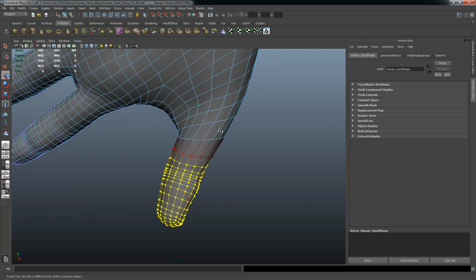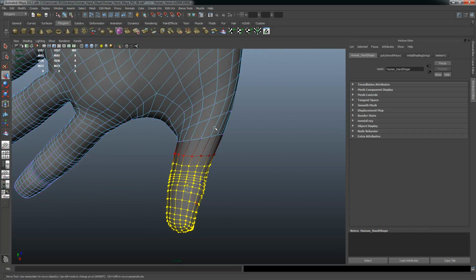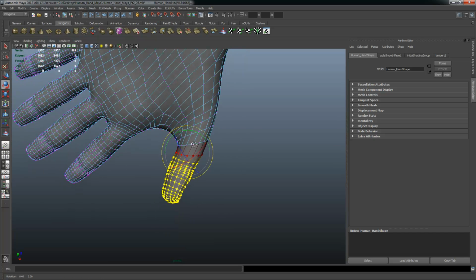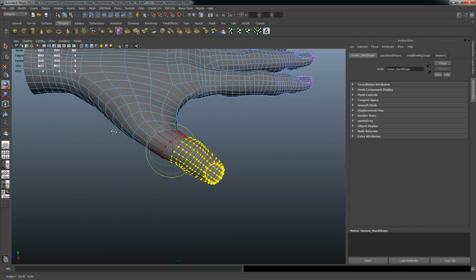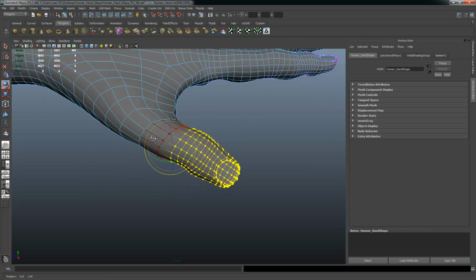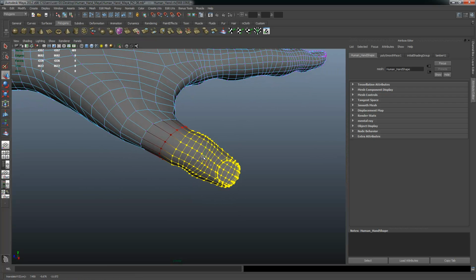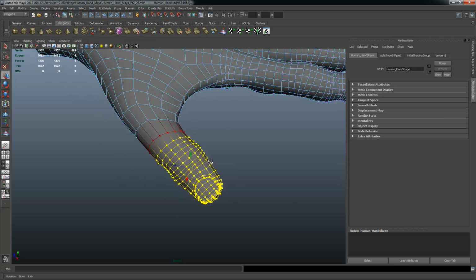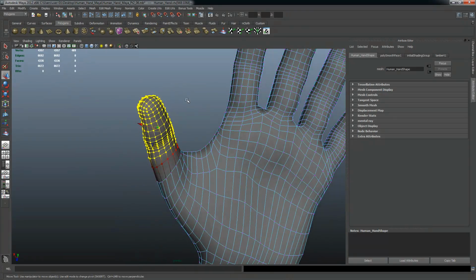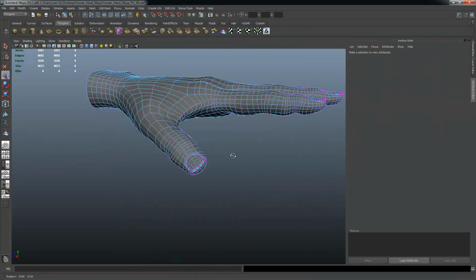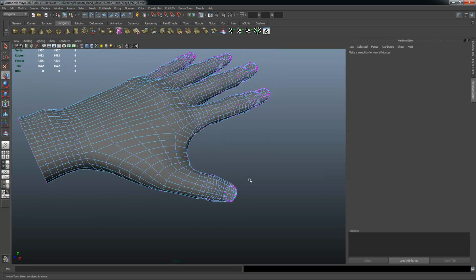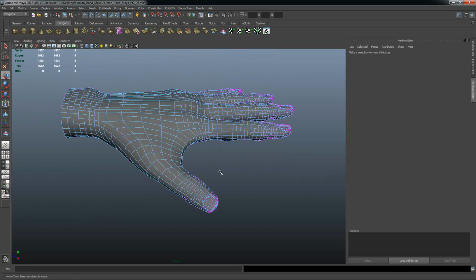And I just got to orient myself to a view here, so there we go. E, insert, and now I want to rotate it. There we go. That looks better. Okay. Well, I don't have it perfect, but I don't want to spend all day doing that, so I'm going